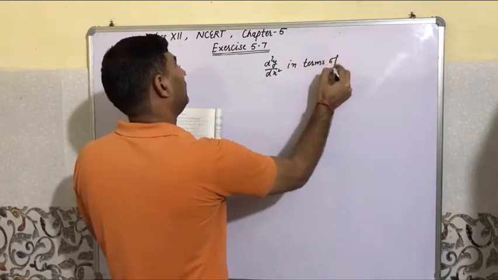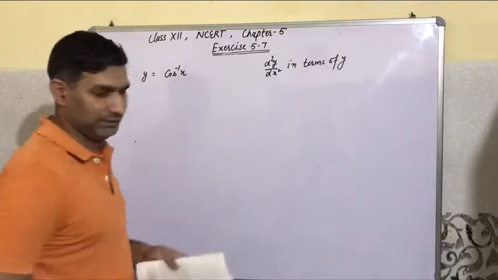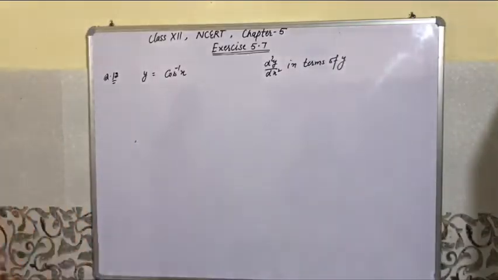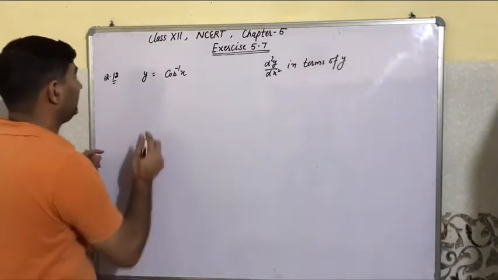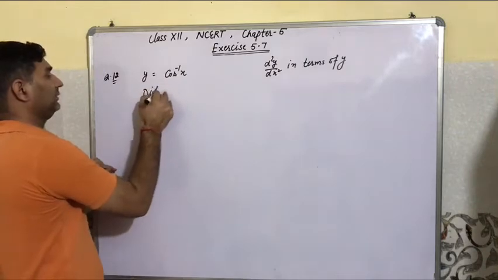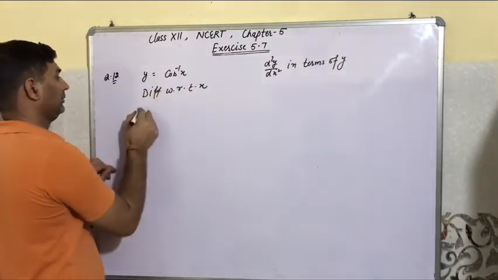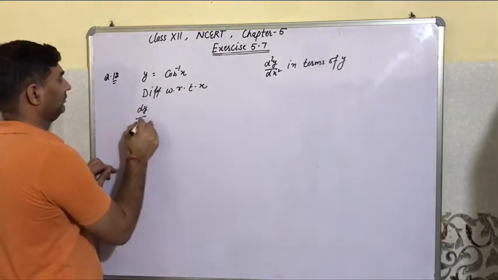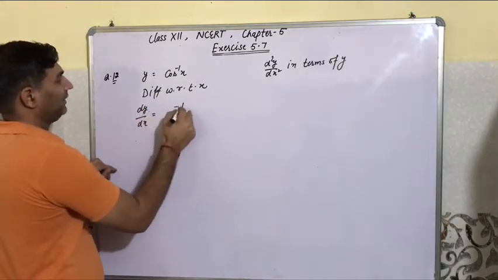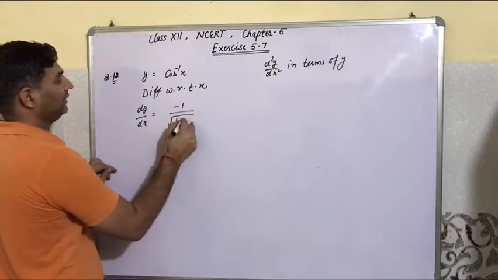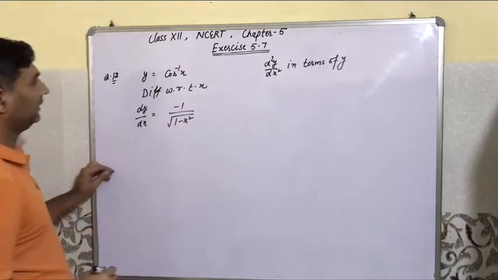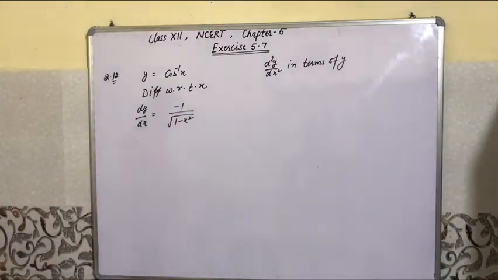In terms of y की टर्म में निकालना है. Then differentiate with respect to x, then dy by dx is equal to minus 1 upon root 1 minus x square, the derivative of cos inverse x. And then again differentiate with respect to x,